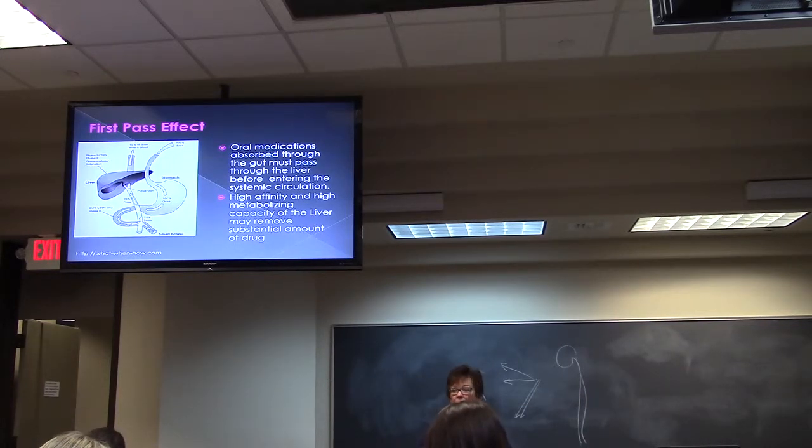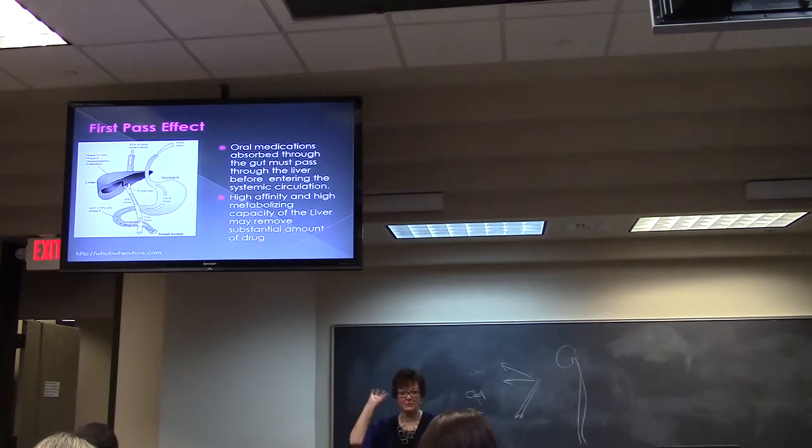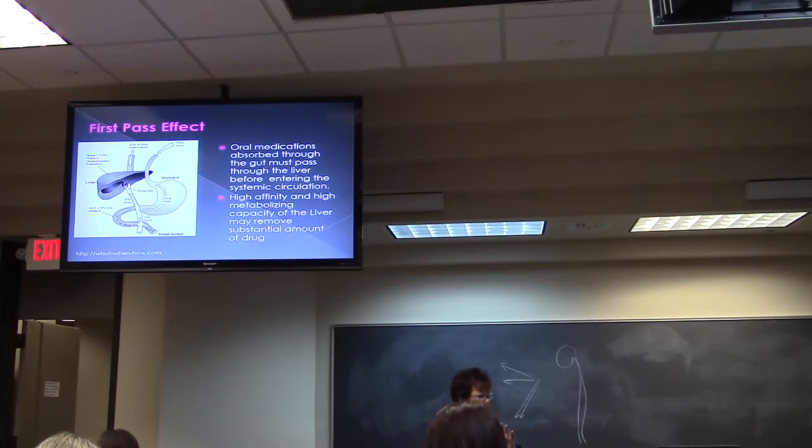Some drugs are so inactivated by the liver that we can't even give them in that form. Estradiol is one of those. The predominant female hormone estradiol, if we give it orally, the liver will absolutely destroy or metabolize all of it before it gets to systemic circulation. So what do the chemists do? They just stick a big ethynyl group on that estradiol, and the liver cannot metabolize it to a great extent quickly. So we can manipulate the molecular structure of drugs by usually putting some type of inert